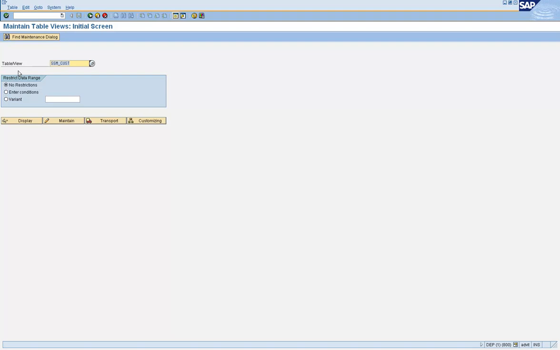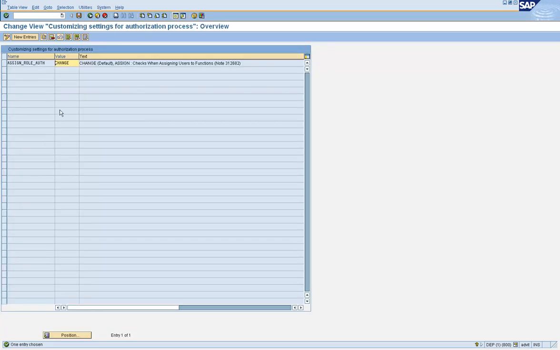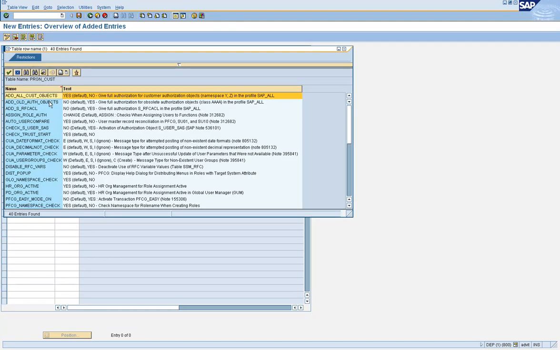Similarly, you have another table called PRGN_cust, which controls the activities that you can perform in PFCG or user comparison, that kind of activities. Basically, your authorizations.